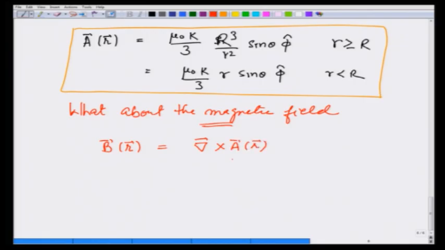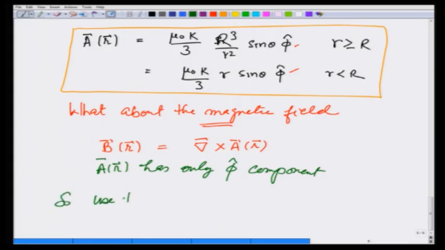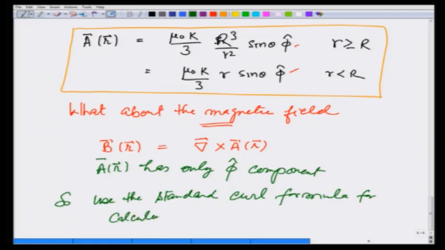Notice that A(r) has only phi component, and we are writing this whole thing in spherical polar coordinates. So, use the standard curl formula for calculating curl in spherical coordinates